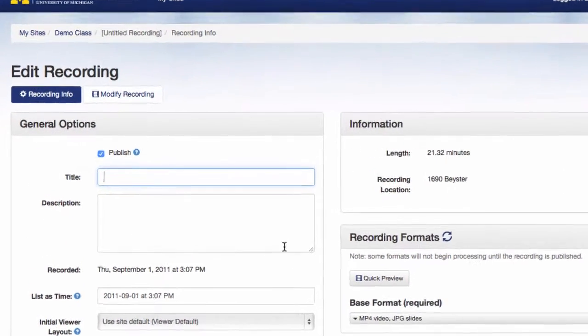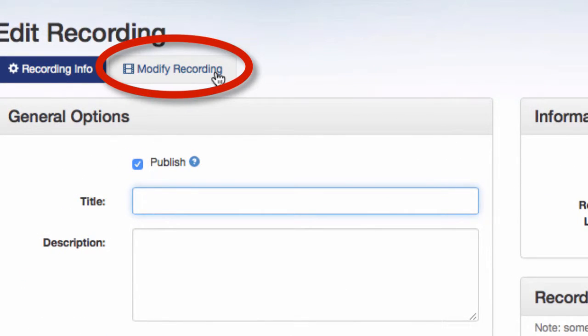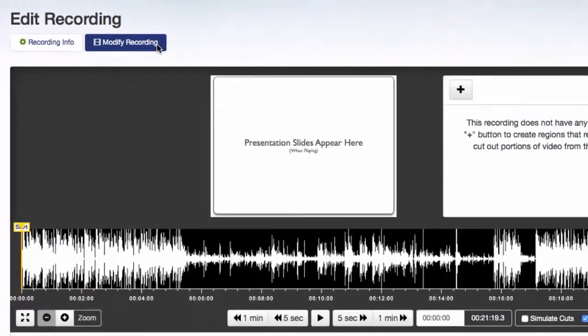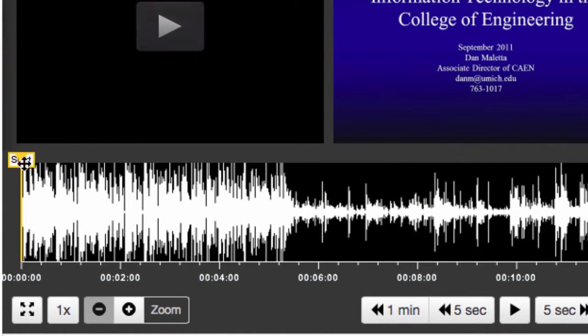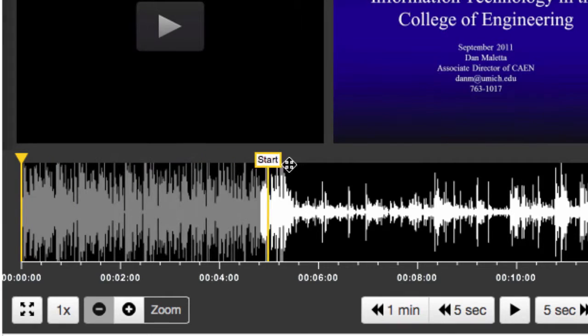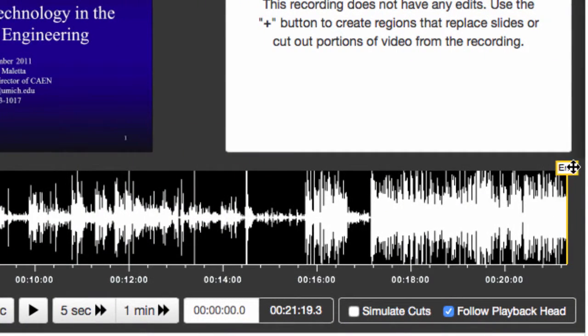If instead you want to edit the recording, click the Modify Recording tab to bring up the editor. This is most useful in cases where an automated schedule is used to start and stop the recording, which often leaves a couple extra minutes at the beginning and end. To trim those portions off, you can drag the Start and End markers,